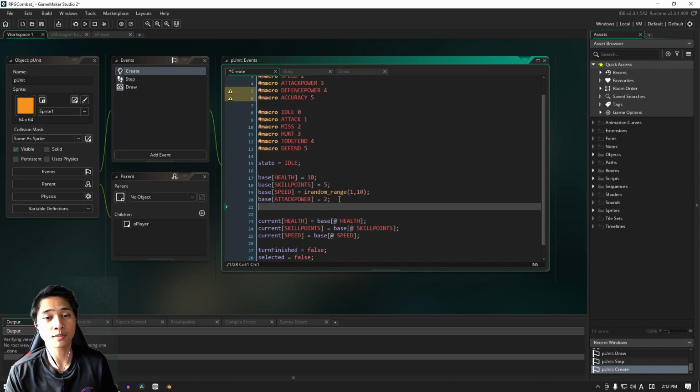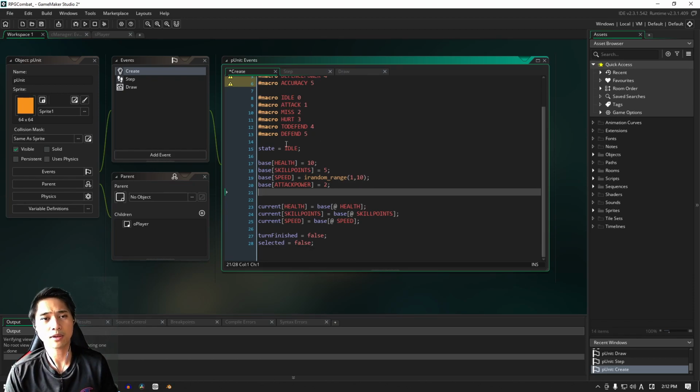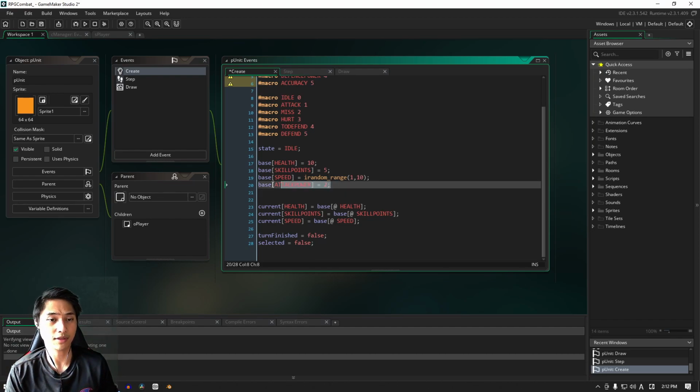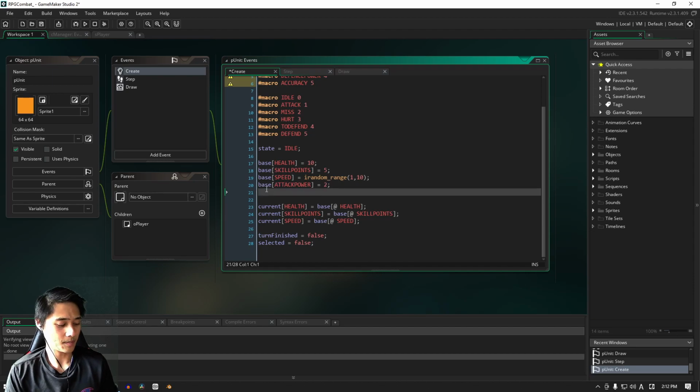We'll just hard code the numbers in. You can use irandom_range later if you want, but for now let's just get the basic functionality in, because like I said, we're only going to be working on putting in the variables and the functions for this video. So let's copy and paste that. I know I say don't copy and paste, but